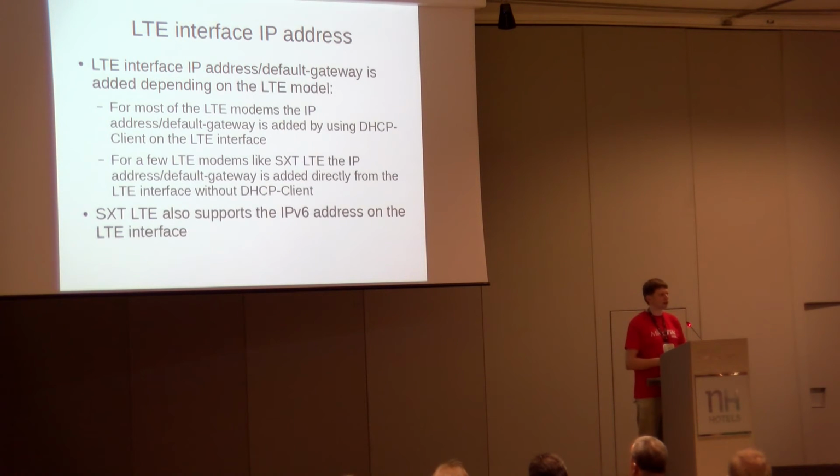Also, there are differences in how to get the LTE IP address. The most common option is to add the DHCP client on the LTE interface, just like an Ethernet-like interface. So you will get an IP address from the DHCP client. You just need to go into the DHCP client, add a new DHCP client, specify the LTE interface, specify if you want to use DNS or gateway, and that's all. And maybe add the masquerading rule if you want.